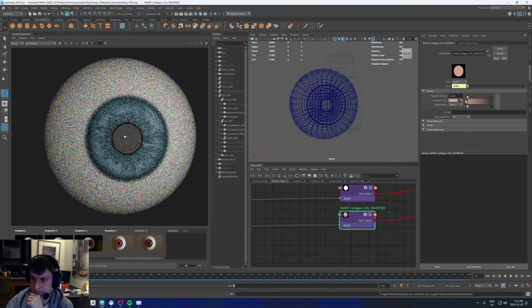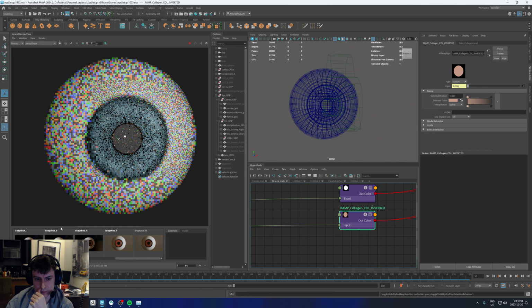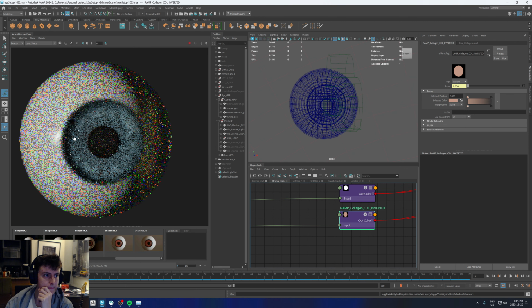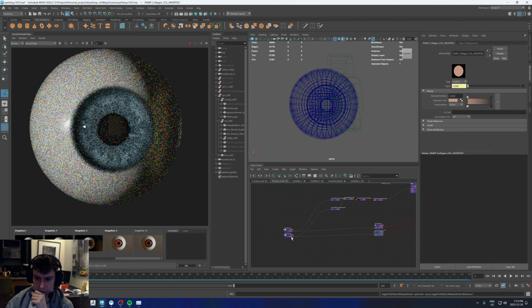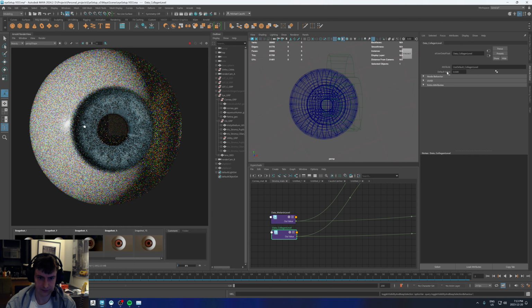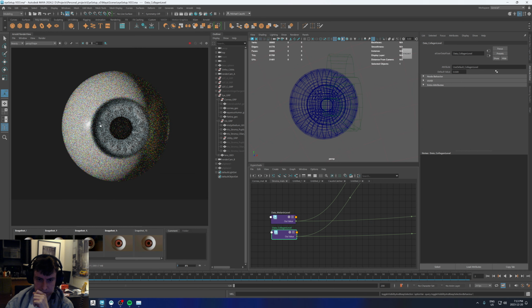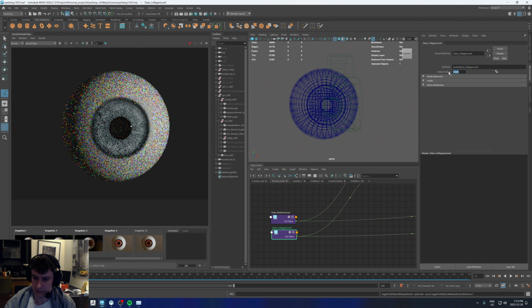Still too saturated. Okay, so we can increase the amount of collagen. So all the way to 1 becomes white. Again, not technically possible, but